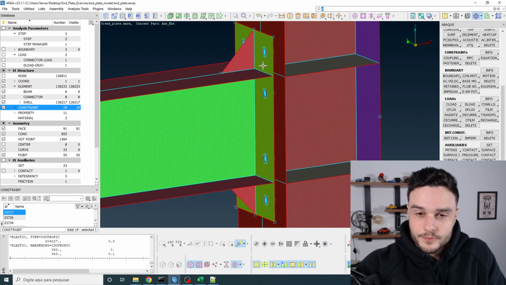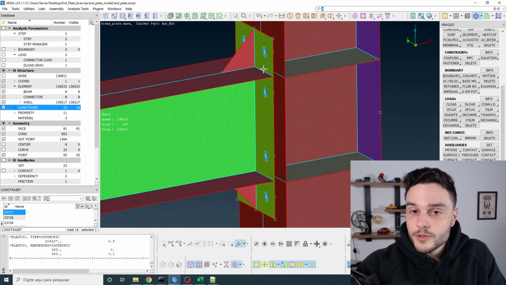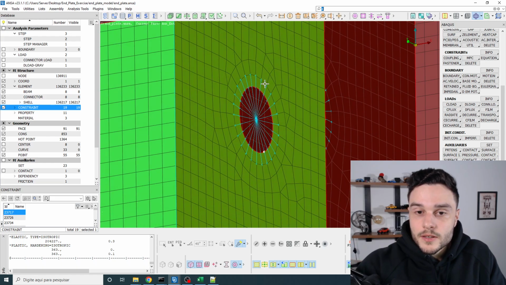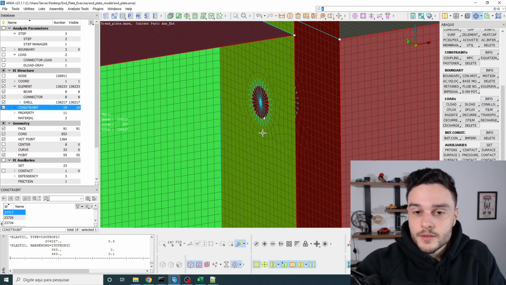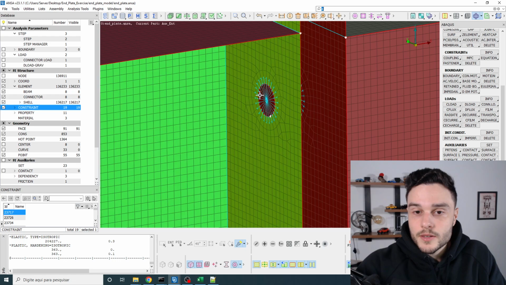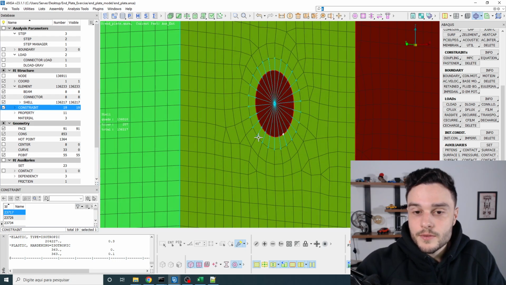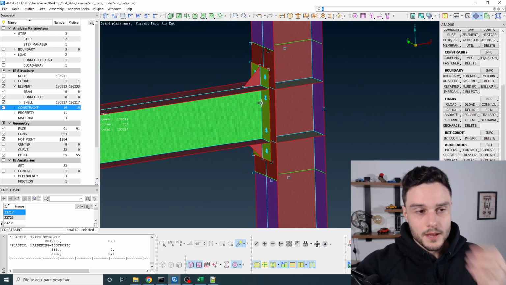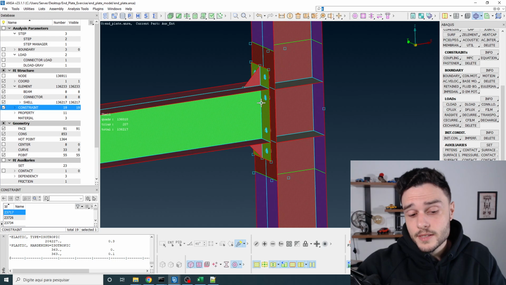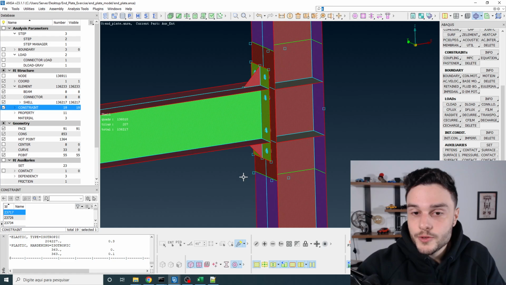Okay, so we are not going to consider this option. What we're going to do instead is adjust the definition of the surfaces of this contact, so that we eliminate these elements from this definition. So let's do this. Guys, in ANSA, there are many ways to do the same thing. I'm going to teach you one way that